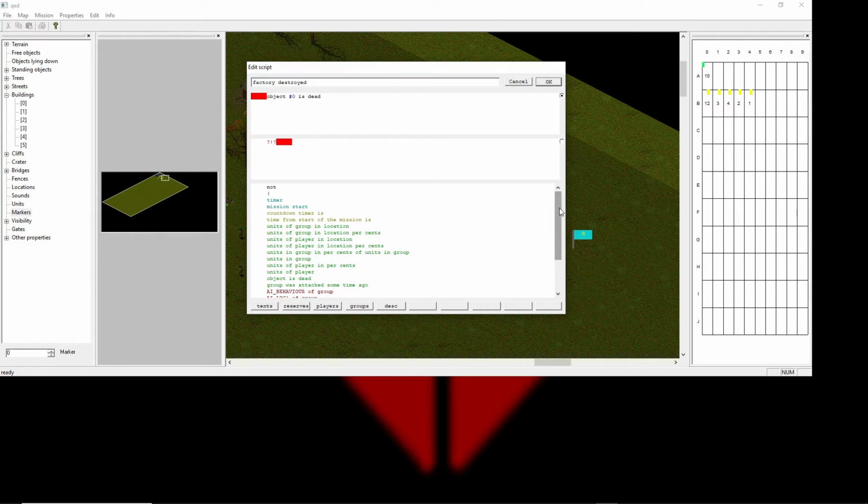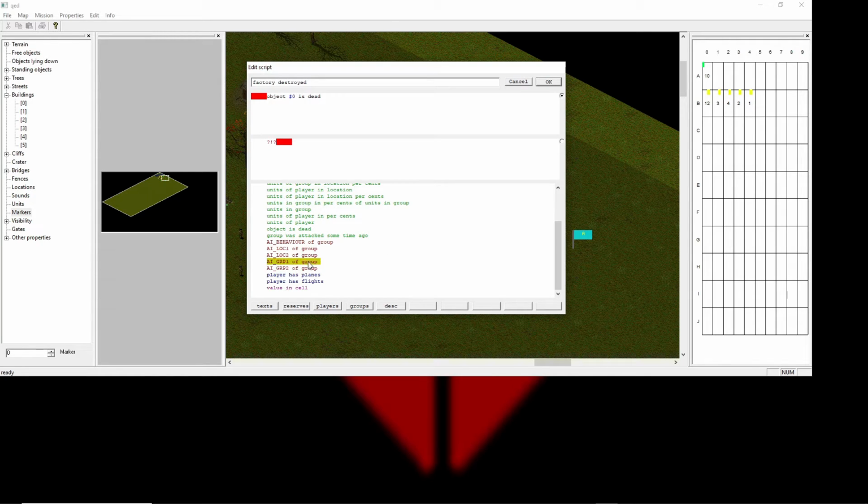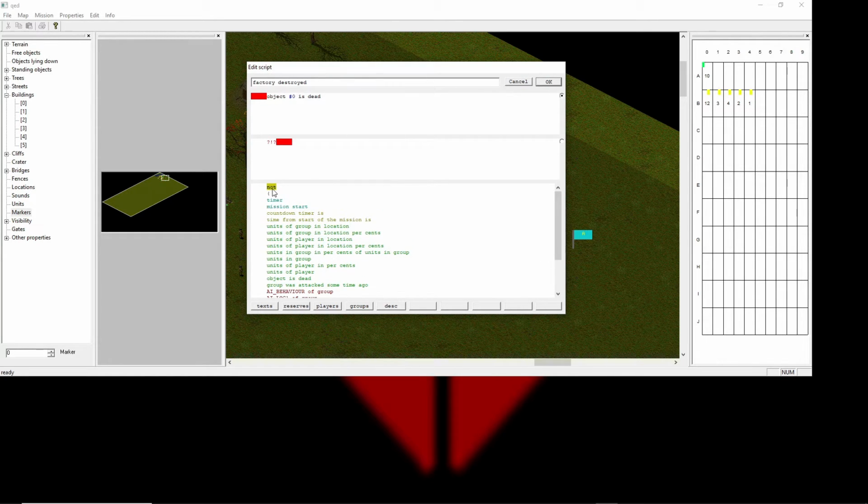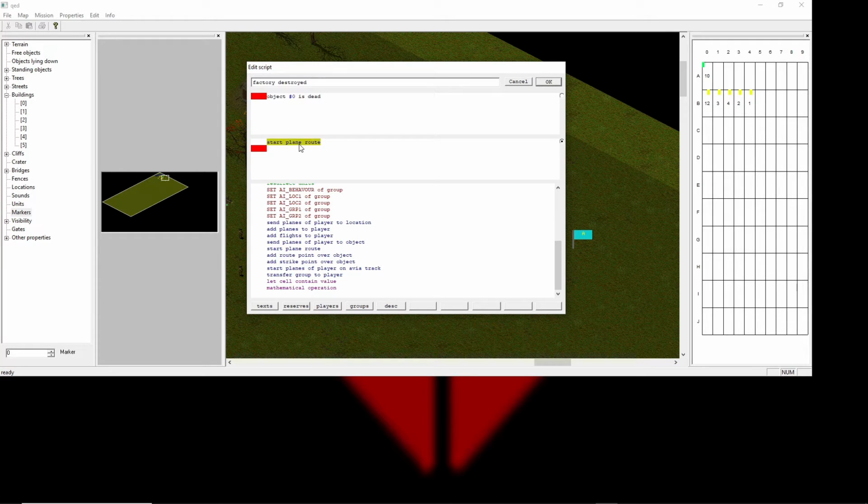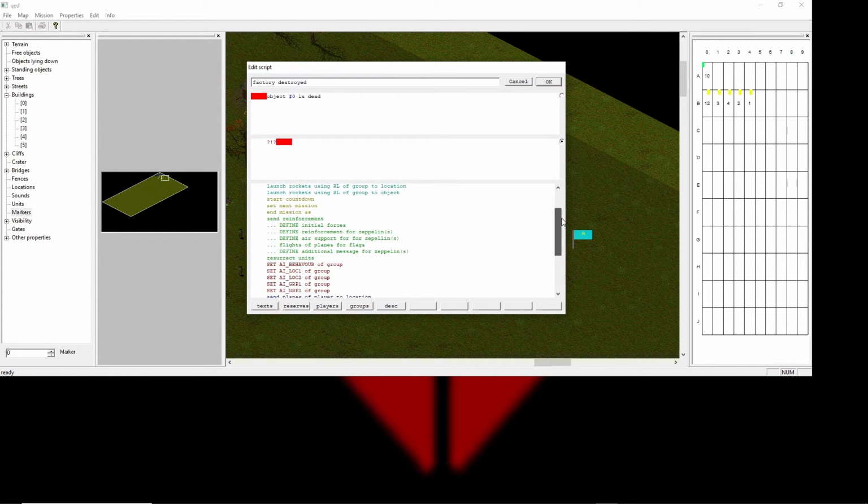And I believe there's markers for stuff with planes. Oh, planes are in the response thing. For send planes and start plane route, all this stuff, there's a... Where is it? No, right here. Add route put over object. Object is referring to a marker, always, from what I've seen. It's just referring to a marker. But anyway, for this,